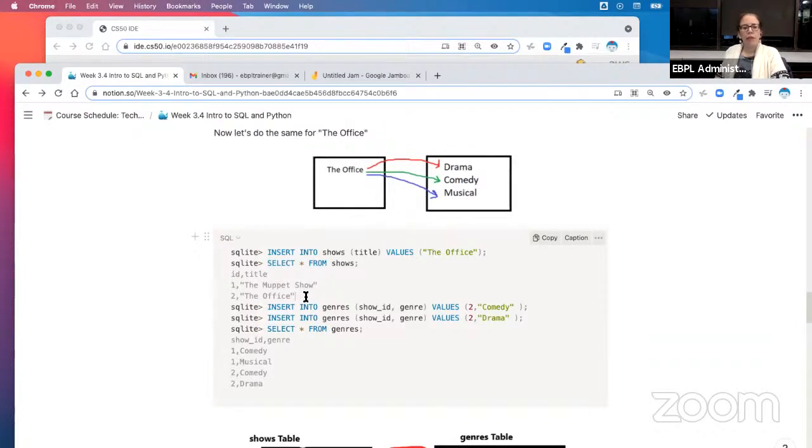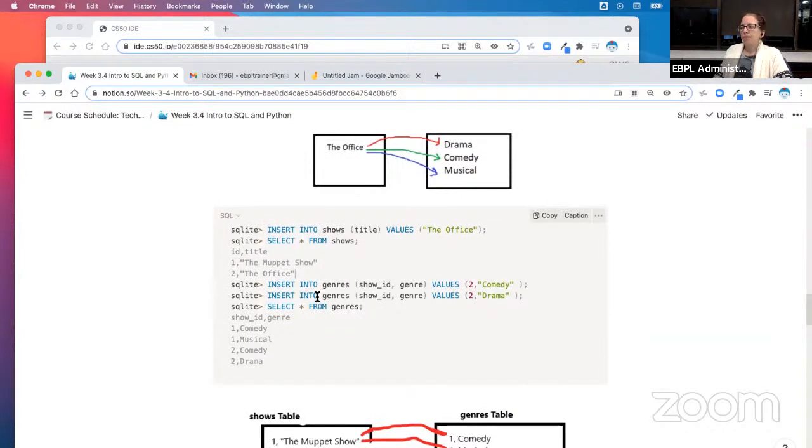Awesome, great, thank you. Now we need to enter the genre for The Office. The Office has 3 genres, but I think we're gonna enter only 2, so you can argue it has 3. It has comedy and drama and musical, because sometimes they do musical. So we're gonna do